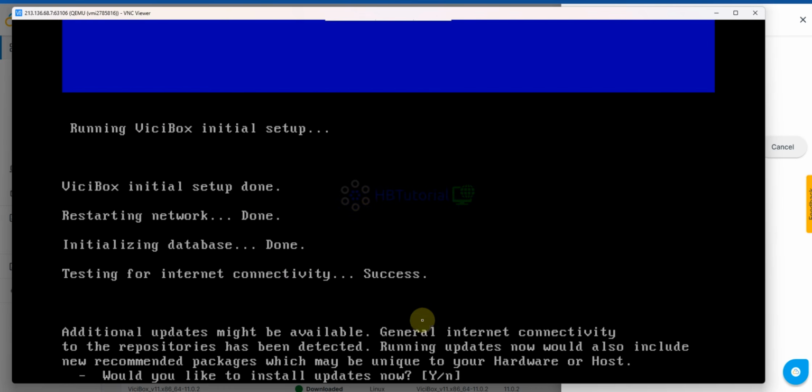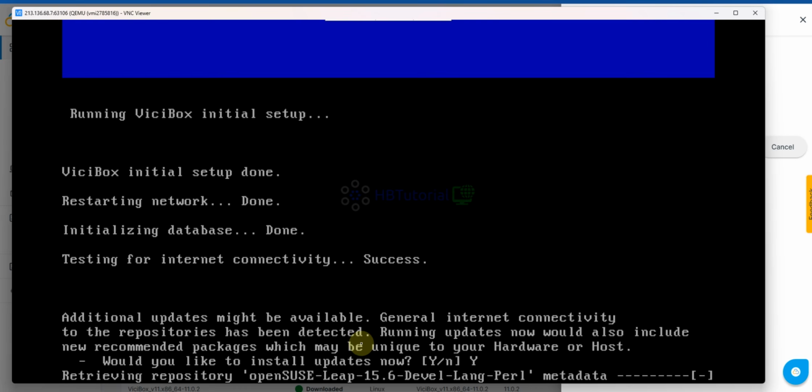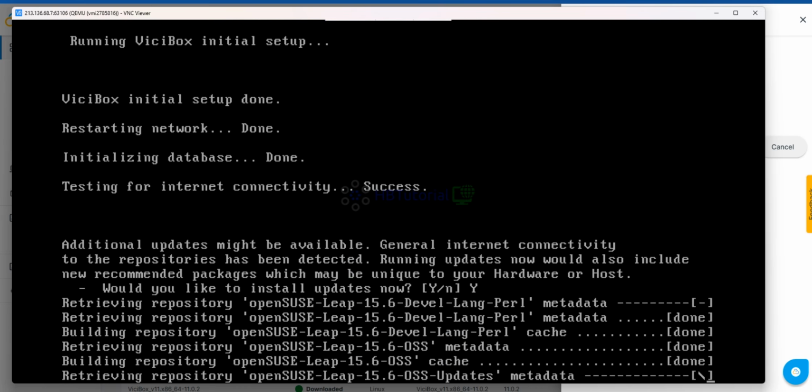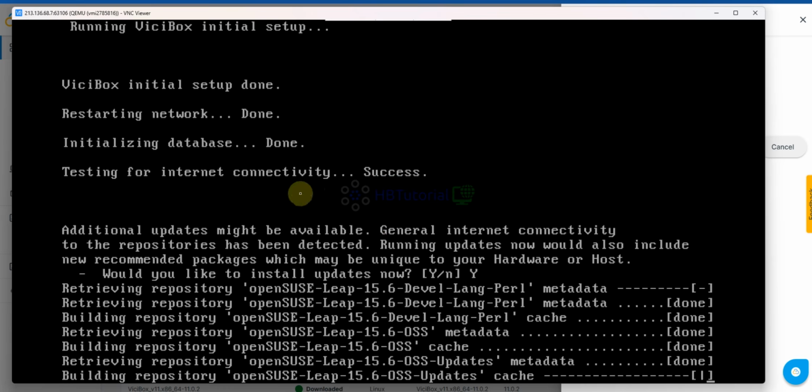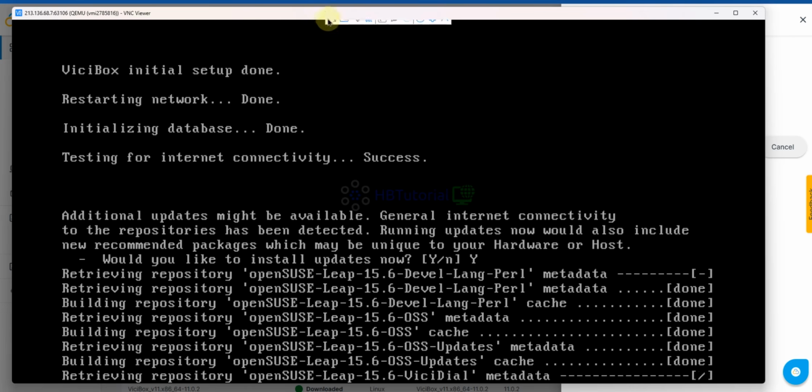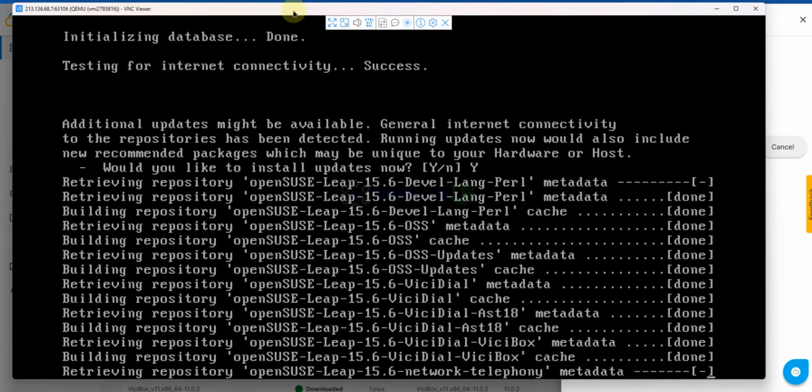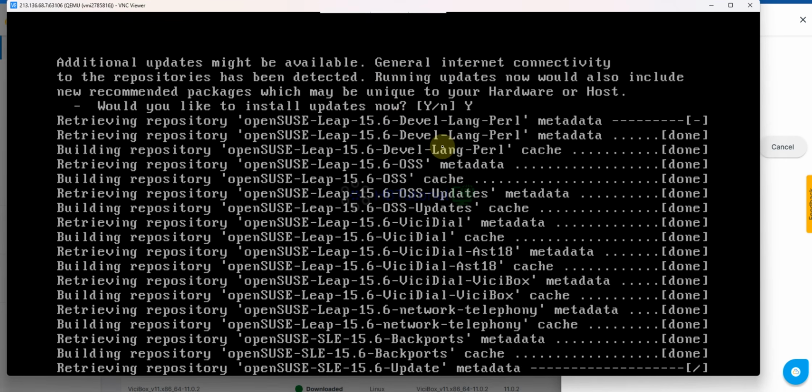Okay, so from here, do you want to install updates? Yes, we will install the updates. Then enter. Installing updates from VitalPBX 12.02 takes a little bit of time, maybe 10 to 20 minutes. It depends on your server, but mostly it takes that long.